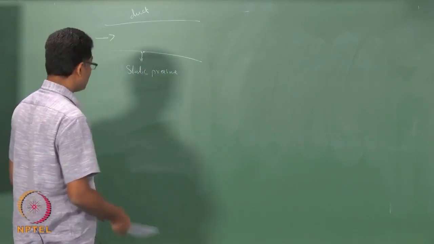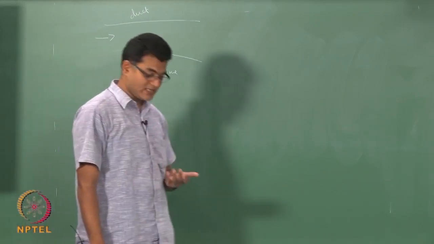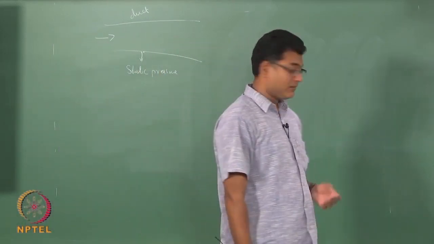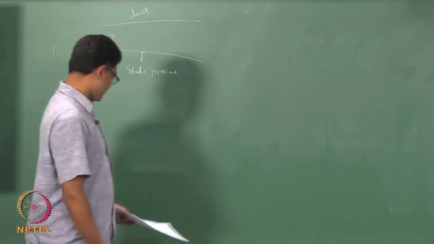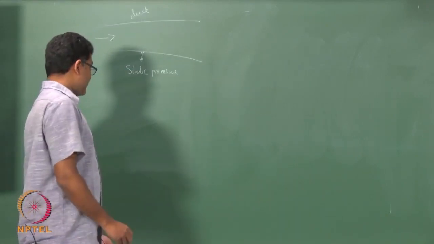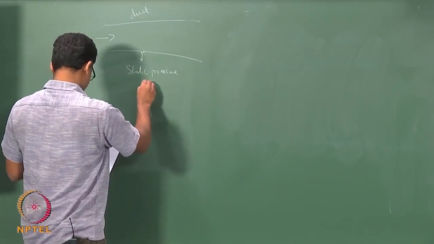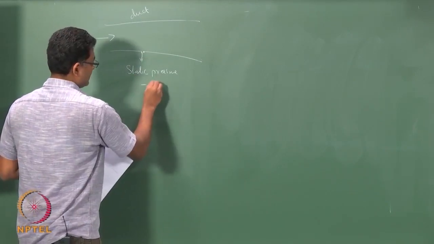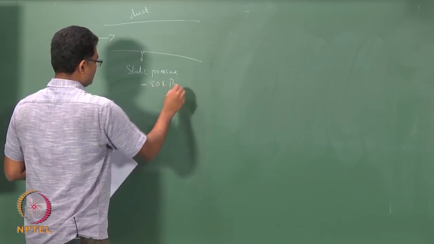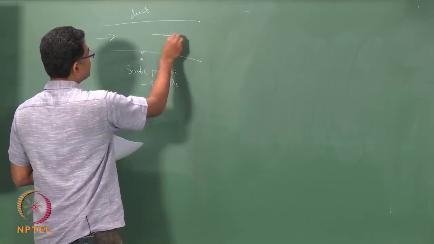We will discuss how static pressure and stagnation pressures are measured in the classes that come later, but for the time being what is measured at the wall is the static pressure, which is 80 kilopascal, and I have a pitot tube here